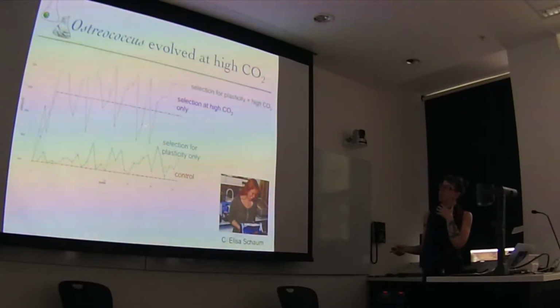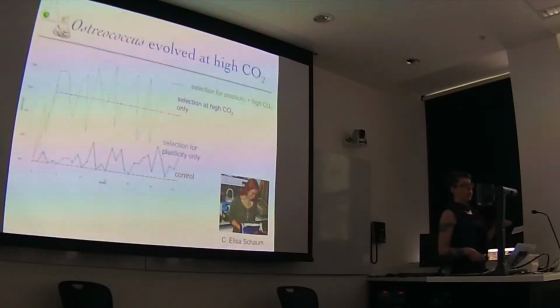And what we predicted was that at high CO2, we select for growth at high CO2. Here we select for plasticity plus growth at high CO2. In the control, this should be selection for plasticity only, and this is a true control. And what we wanted to know, we had 16 different genotypes of Ostreococcus taken from 16 different places on the